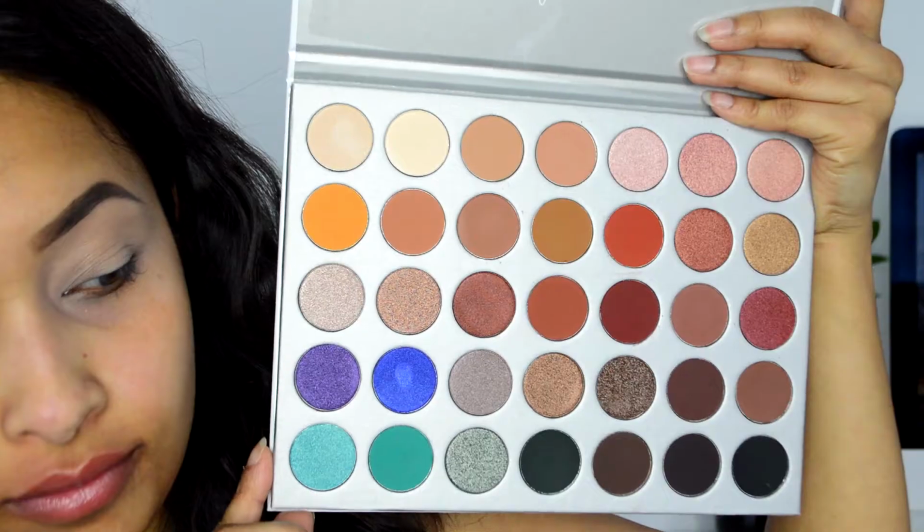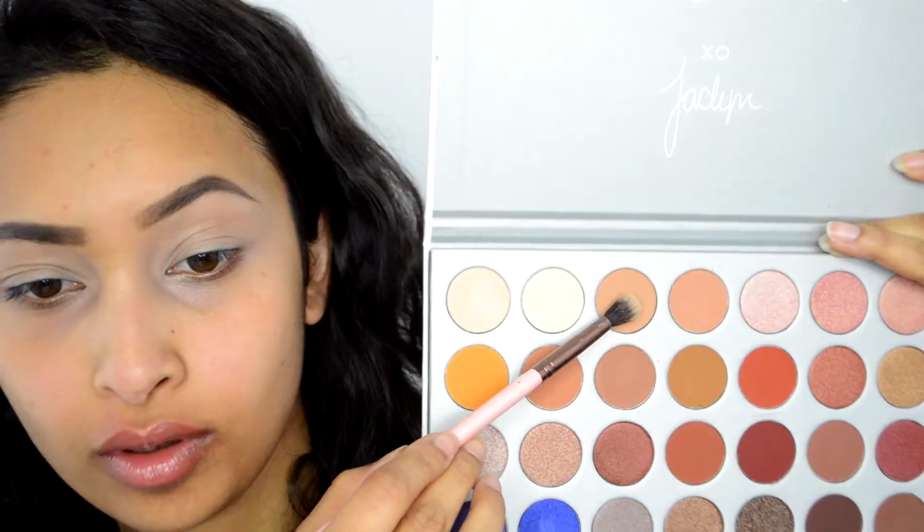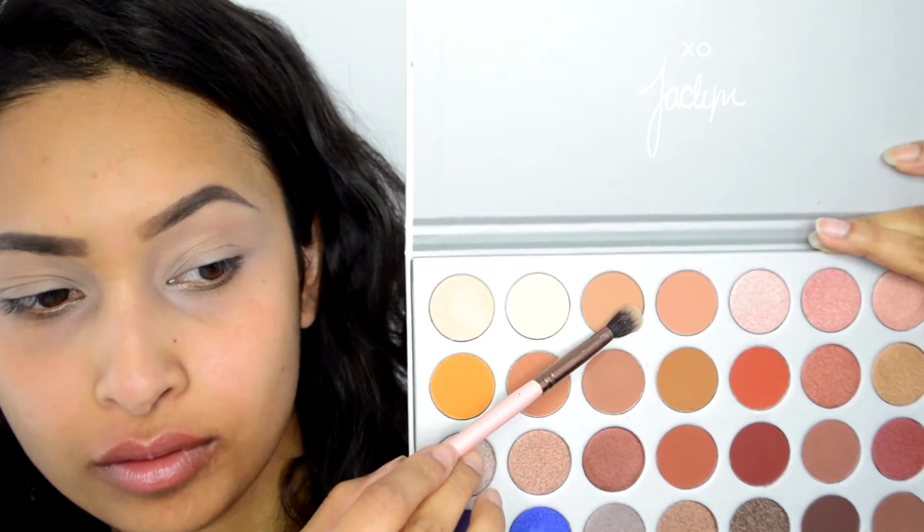So yeah, that's about it for the intro, and I think that's all I wanted to cover for my intro. Let's get started with the video. So here's the Jaclyn Hill palette, and the palette looks like this inside. I already prepped and primed my eyes, and I'm gonna go ahead and get started with this peachy nude color